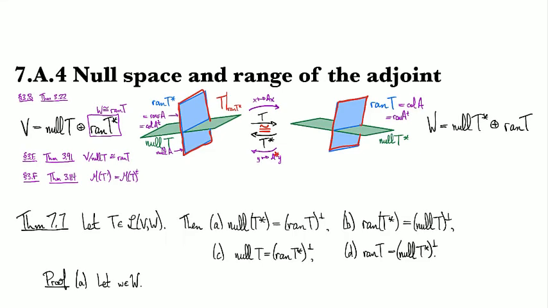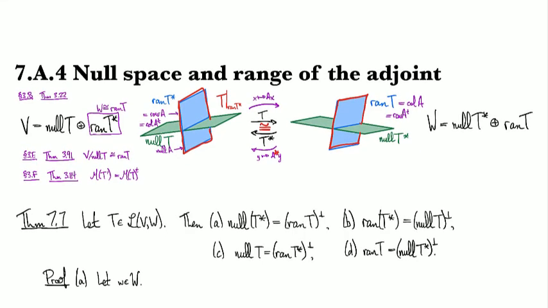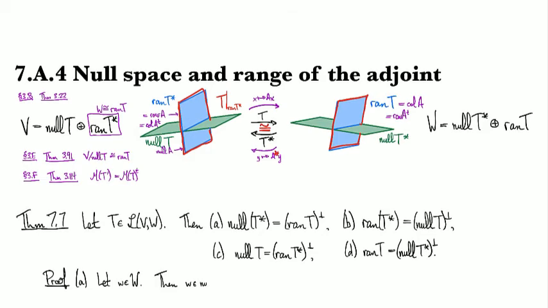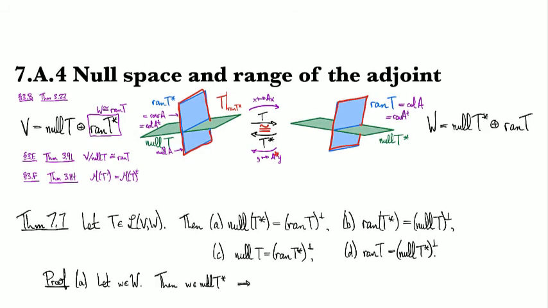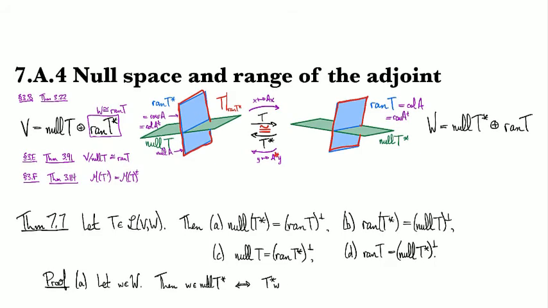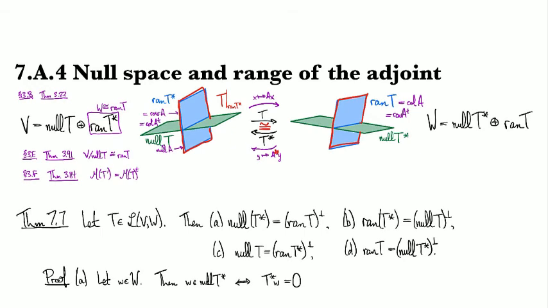All right, so we're going to take a thing in W and say, what does it mean for it to be in the null space? So then w is in the null space of T star if and only if T star w equals 0. And that holds if and only if